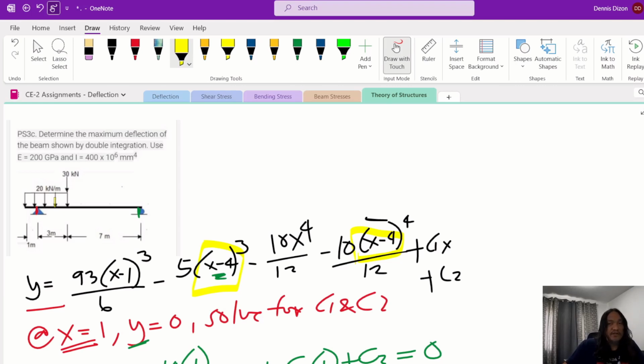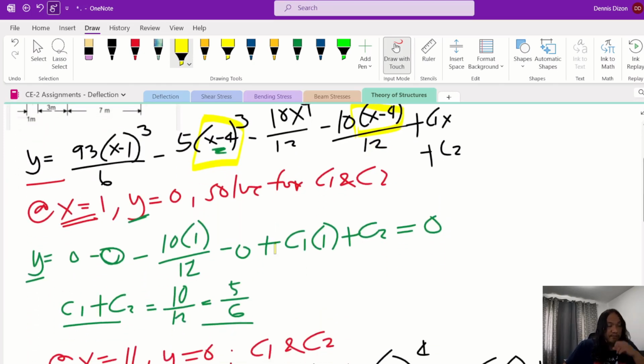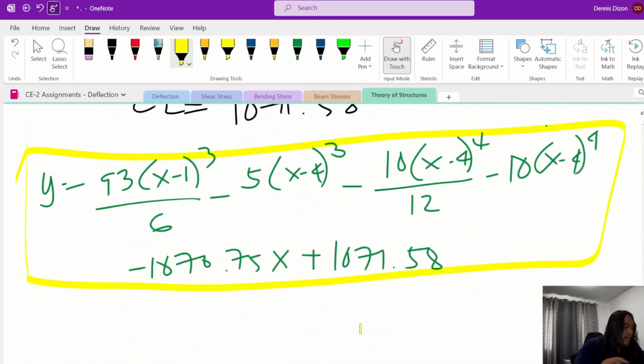So we have to first get the location of the possible change in slope. If this is your beam here,